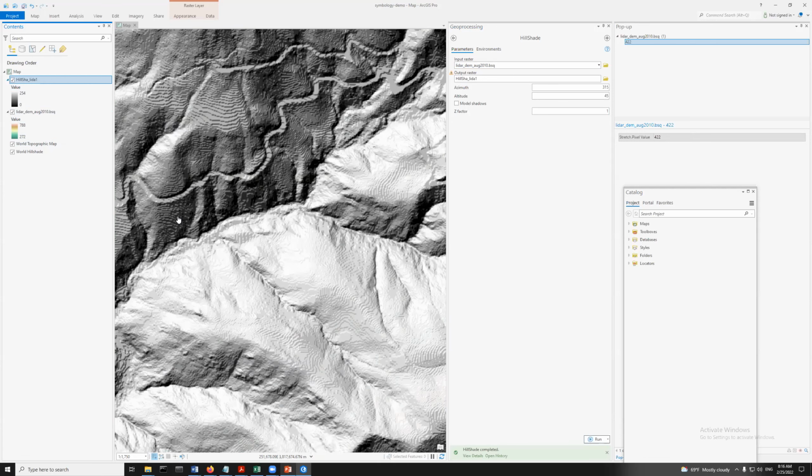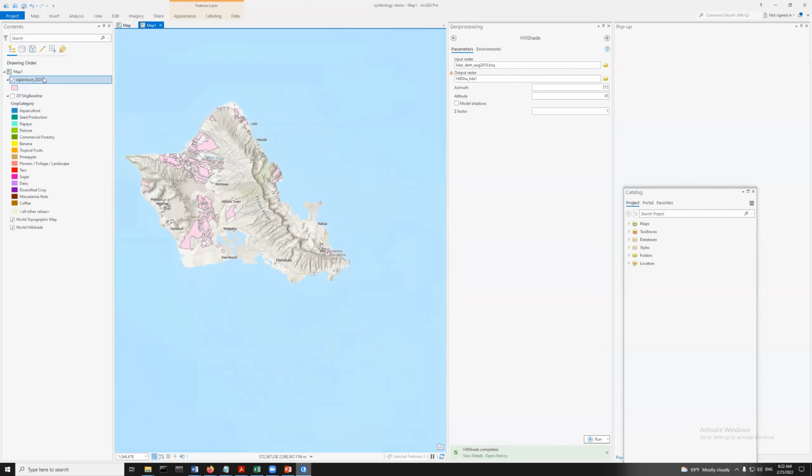And oh, this is interesting. So everything is pink, right? To start, everything is pink. Let me turn off this 2015 layer. And there's no data for Maui Nui, and that's because the Department of Agriculture hasn't released the full 2020 data set yet. But we've got data for Big Island, we've got data for Oahu. But right now it's all pink, it's all the same. But if I want it to be comparable to what we see for the 2015,